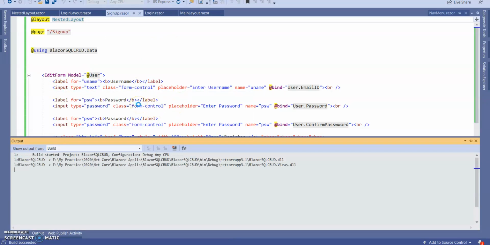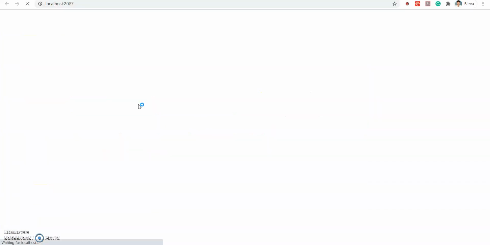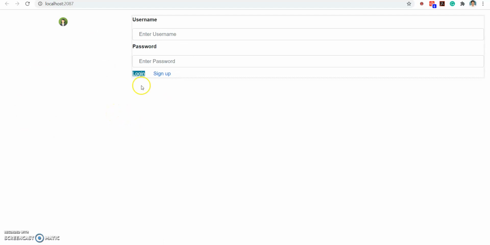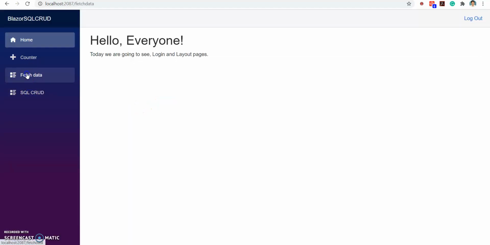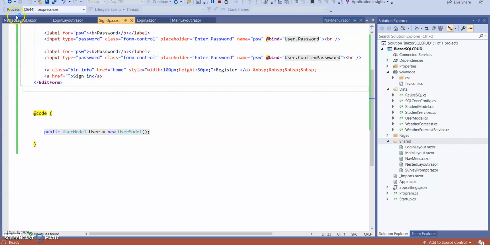Let's see. You can see nothing got changed. Click on sign up, register. Nothing got changed here, but we are doing reusability of code using a nested layout.